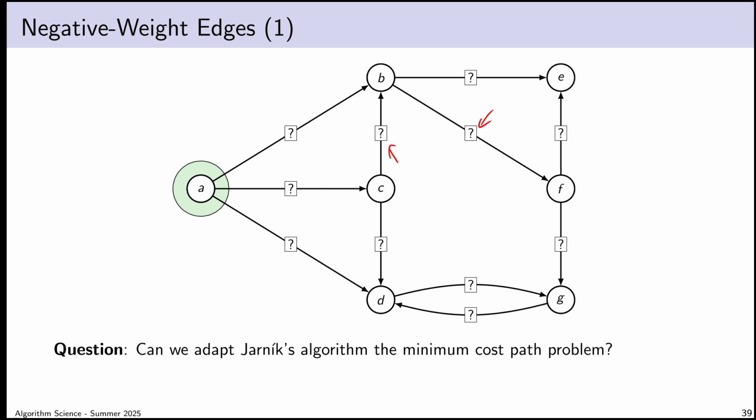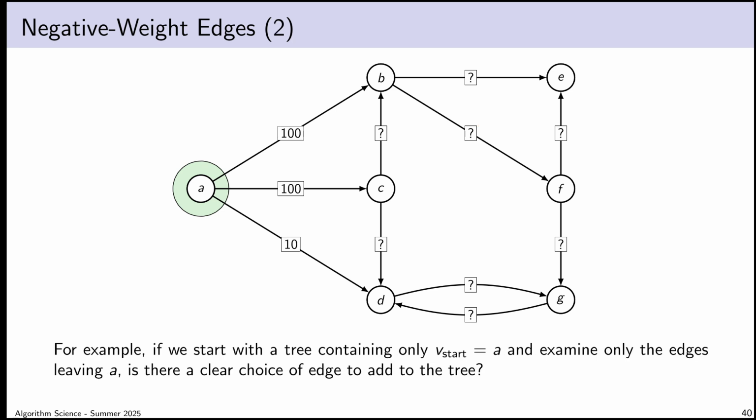That's what's going to make the algorithm fast, that I only work on my tree and expanding my tree outwards by one vertex at each step. Okay, so for example, suppose that I start with vertex A as my starting point. I add it to my tree. The tree now contains one vertex, my starting point vertex A, and the only edges I'm allowed to consider are the ones that immediately leave vertex A. Okay, so I can get to vertex B at cost 100, vertex C at cost 100, or to vertex D at cost 10. And now the question is, is there a clear choice of vertex to lock in?